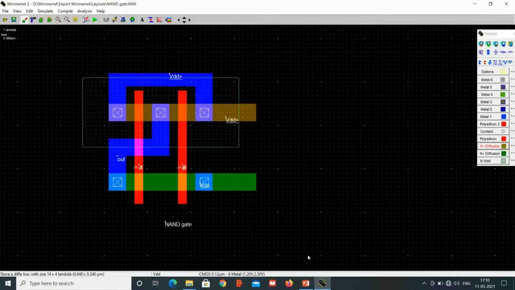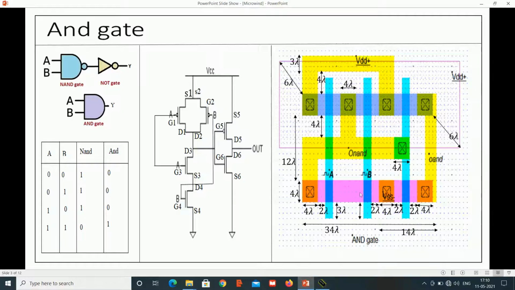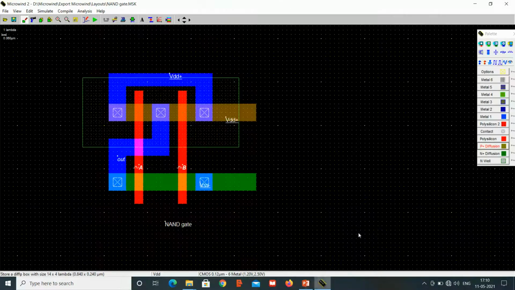Now, with a distance of 2, we need to draw one polysilicon. Select polysilicon, and above the PMOS and below the NMOS it should extend by a dimension of 3. So we need to draw it.